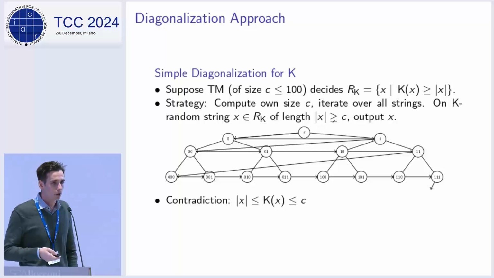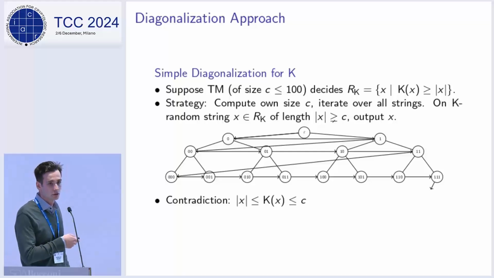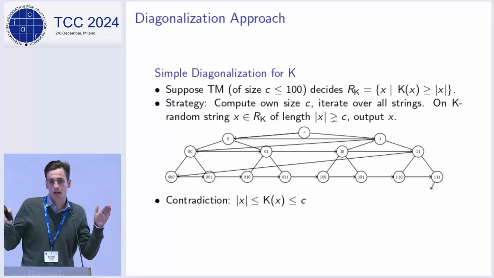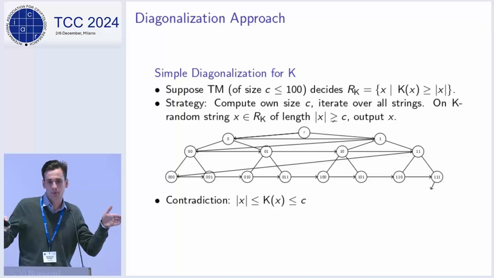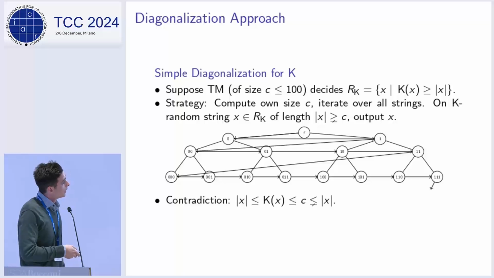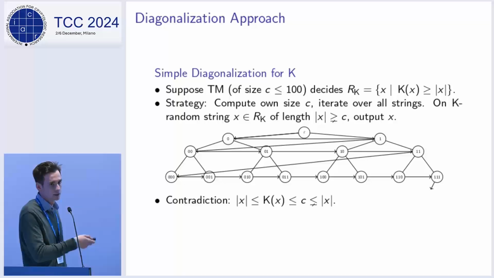Okay, so why does this approach fail for the KT notion, for Levin's notion, where recall that we charge logarithmically for the runtime? I just adjusted this for the sake of the presentation to be longer than the minimum runtime. If you produce X, then you need to run at least the length of X steps. So that's the minimum runtime of any program that could produce X. And now we do the same strategy and we adapt the output condition. In particular, we don't require longer than C, but longer than C plus